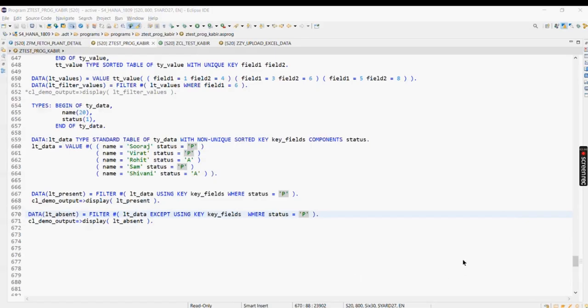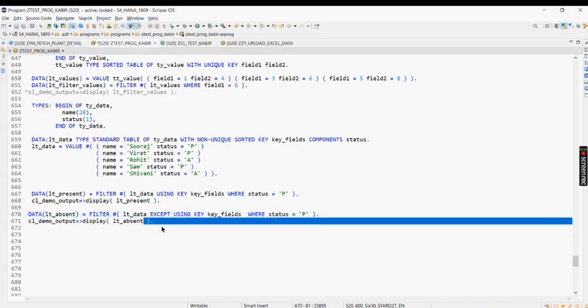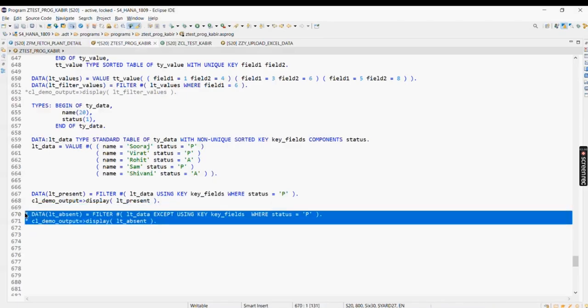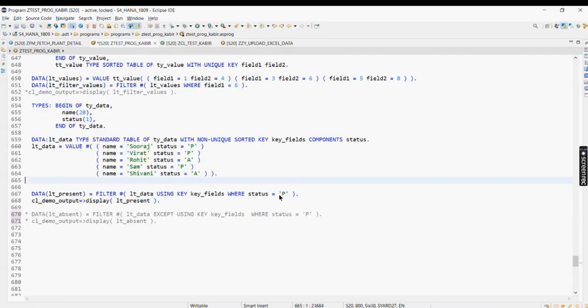So if you want to use status not equals to P, anyways, I'll make a change here. So here, if you use not equals to P, right? So here,